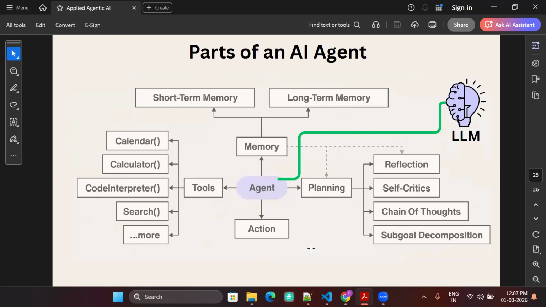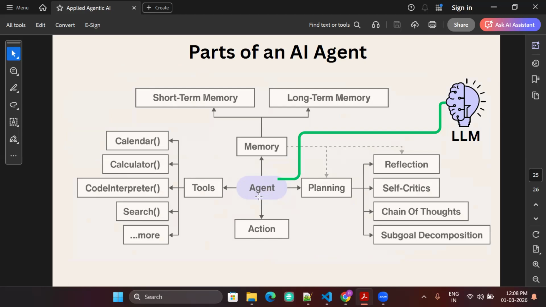What is the architecture? An agent is just a piece of code that we will write. It can be a piece of code, it can be a piece of instruction. Then that agent needs a few tools, based on what you are building the agent for, because every agent should be built for a purpose.